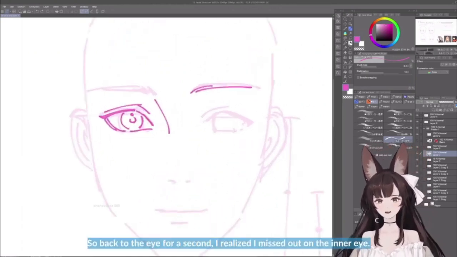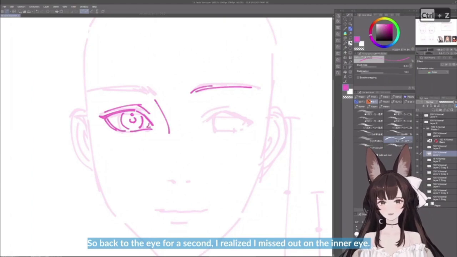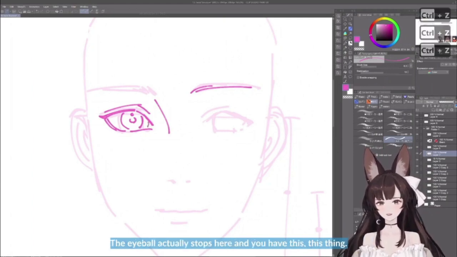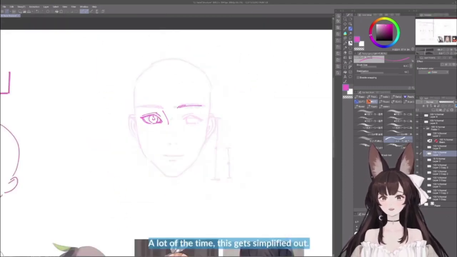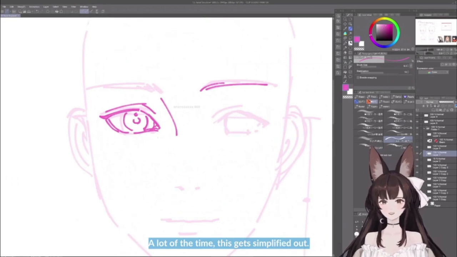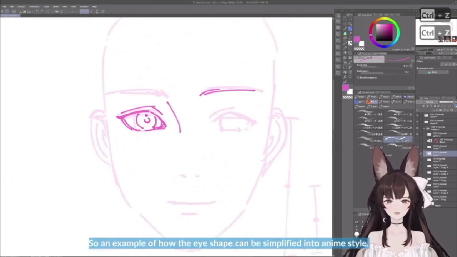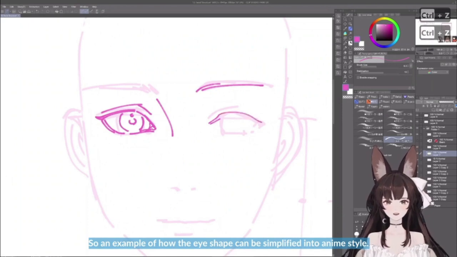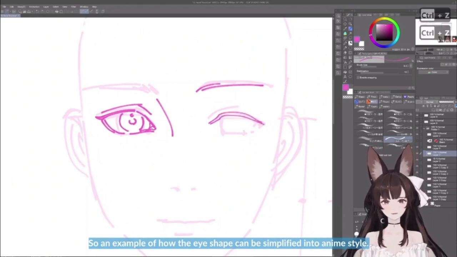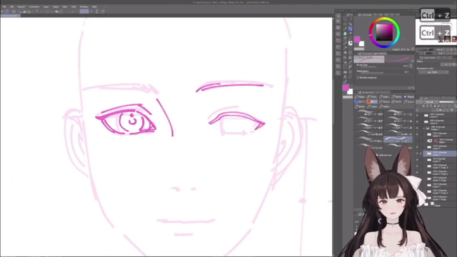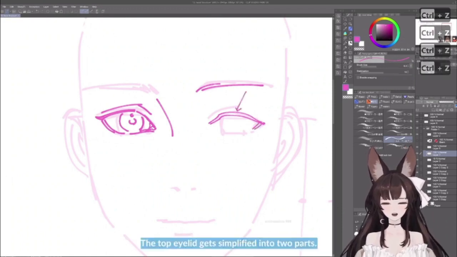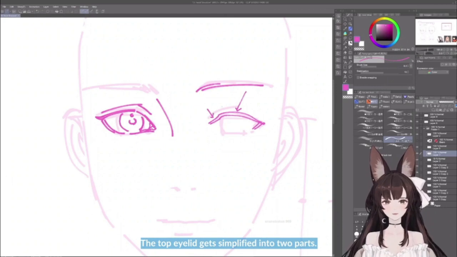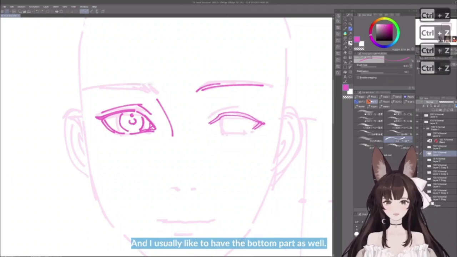So back to the eye for a second, I realized I missed out on the inner eye. So the eyeball actually stops here and you have this thing. A lot of the time, this gets simplified out. So an example of how the eye shape can be simplified into anime style. As you can see, the corner of the eye is actually still there. The top eyelid gets simplified into two parts, and